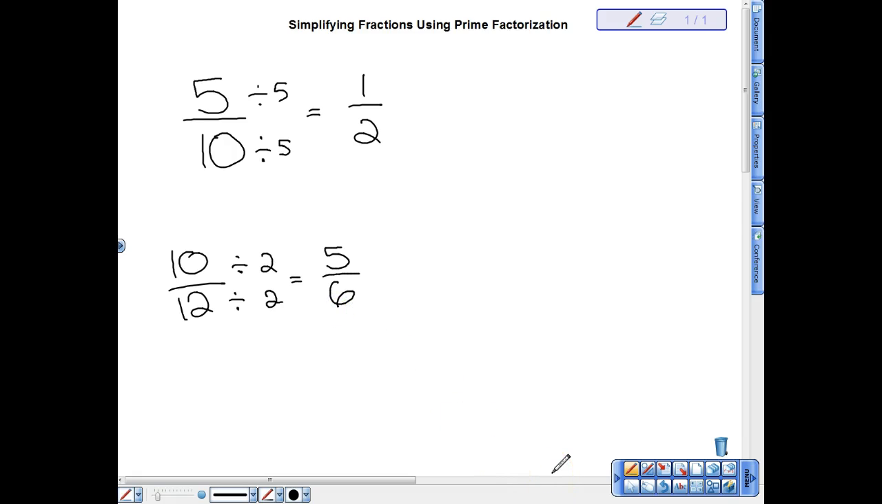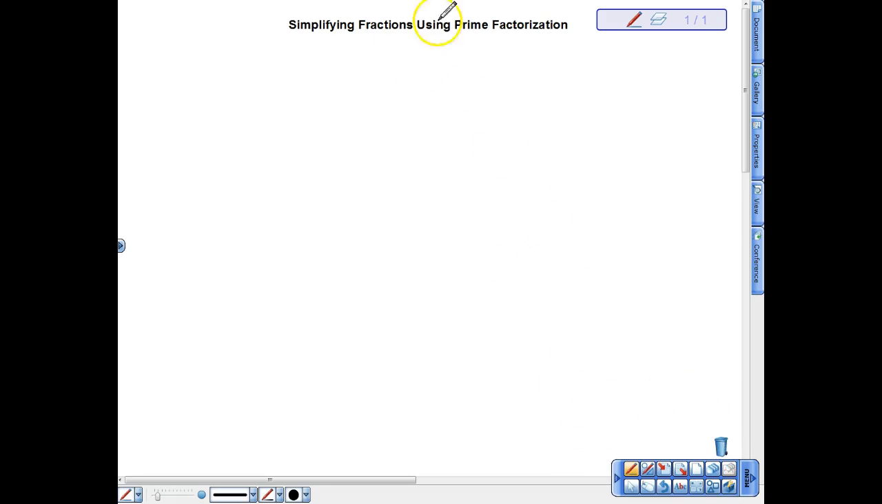Now, when we're simplifying though, sometimes we have to do a little bit of extra work. Sometimes you might try to simplify a bigger fraction, and you might say, you know what? I know I can simplify 20 and 30. I know I can divide them both by 5. So I'm going to go ahead and divide by 5, and I get